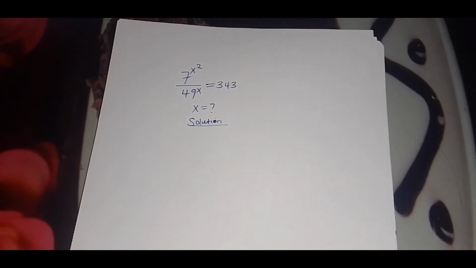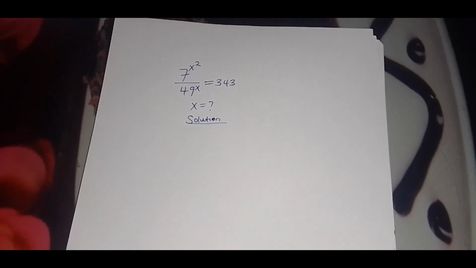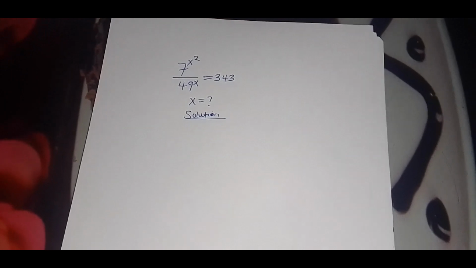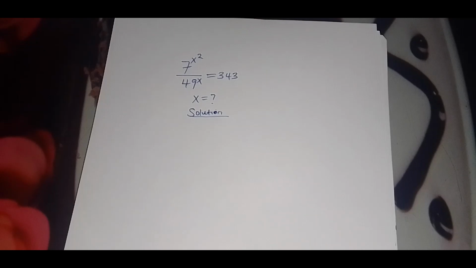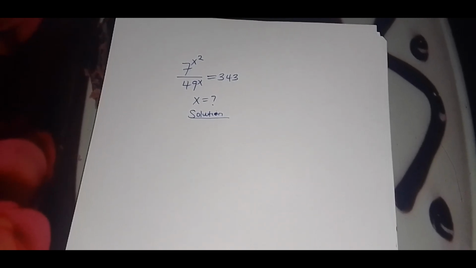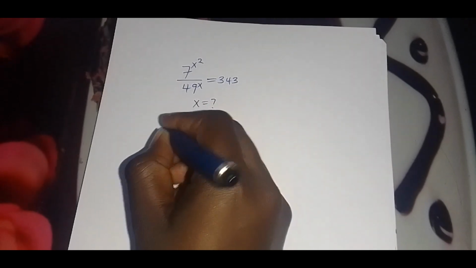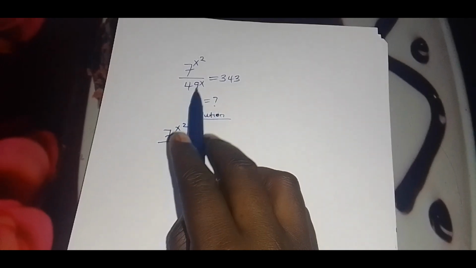Everyone, let's provide a solution to this exponential equation given. We have 7 raised to the power x squared divided by 49 raised to the power x is equal to 343. So what is the value of x? Solution. So we have 7 raised to the power x squared divided by 49 raised to the power